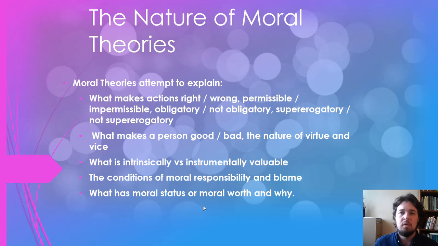Is it because you harmed your friend in some kind of way? Is it because you disrespected your friend or you did something unfair? Or maybe it's just because you went against a moral rule. So there are many things that are morally wrong, but moral theory tries to figure out what makes these things morally wrong. It also looks at the nature of what makes something permissible versus morally wrong versus morally obligatory.